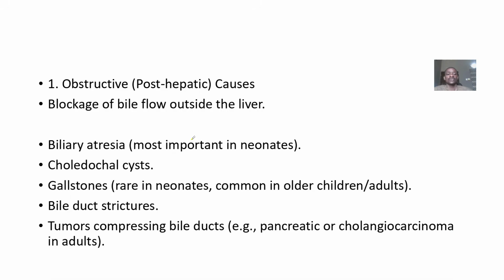Most of the time, after conjugation, it has to be excreted into the gut. So what could stop bilirubin from moving into the gut? Of course, obstruction. So there could be blockage of bile flow outside the liver, things like biliary atresia, choledochal cyst, tumor growths,